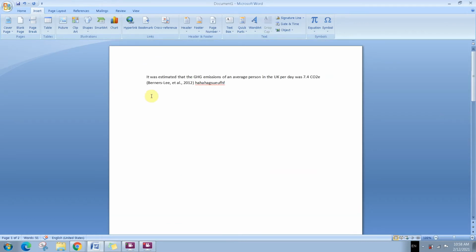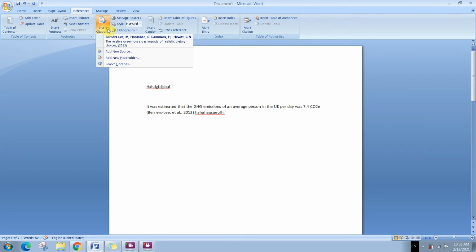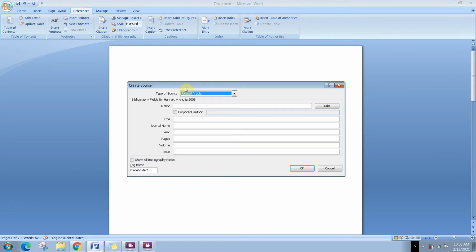If you write something else, maybe at the beginning, and you want to insert another citation, add new source. This time, maybe it's a website, and you see the amount of information you need to provide.